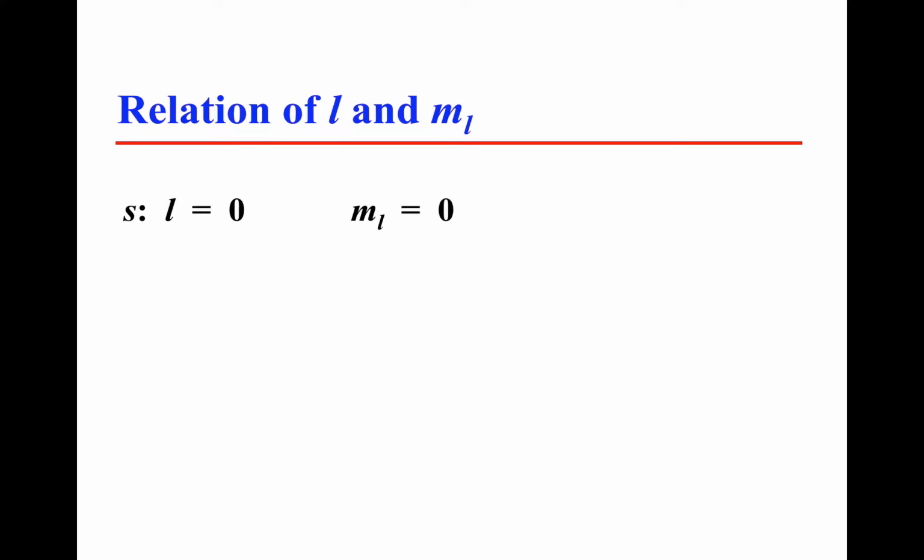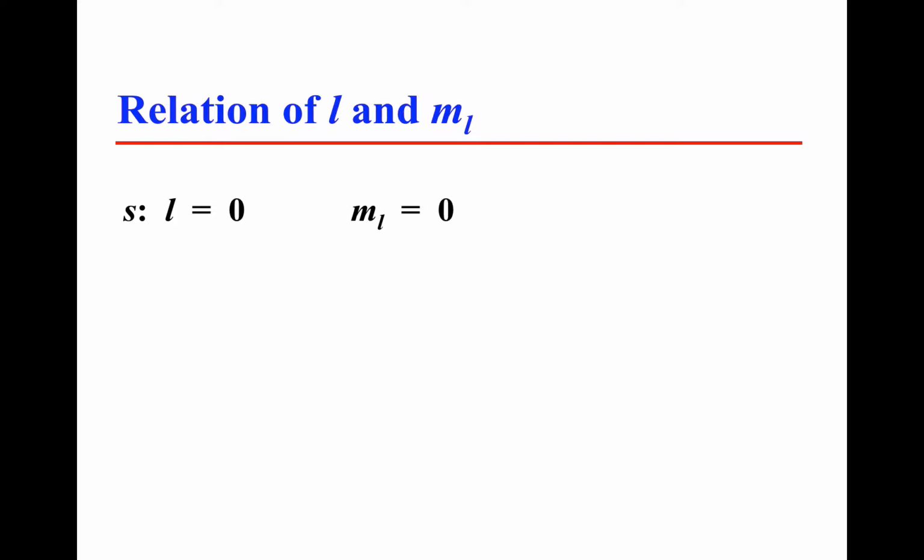What is the maximum number of electrons that can occupy each of the following subshells? The 3p, the 5d, the 2s, and the 4f. Okay, there's a relationship between the angular momentum quantum number and the ML number, the magnetic quantum number, the orientation